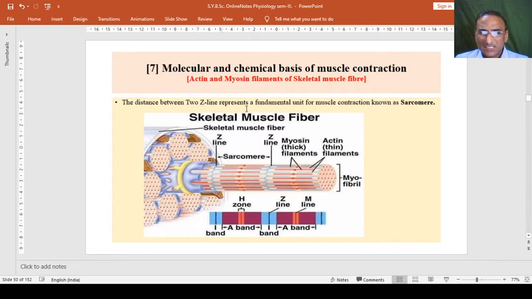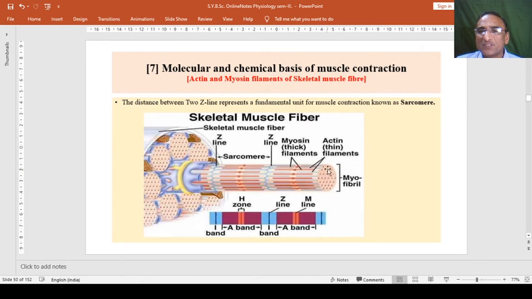So this is the ultrastructure, and these are the molecular and chemical basis in general. We have already seen this band in the previous experiment. Here these are the rod-like proteins and somewhat globular proteins. These are alternately present and known as actin and myosin filaments. We can see here a blue line and a red or brown line. So the blue and brown lines are alternate bands present in the muscle or myofilament. The thick one, the brown one, is called myosin, and the thin one, the blue one, is called actin filaments.